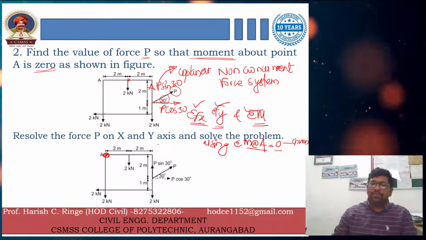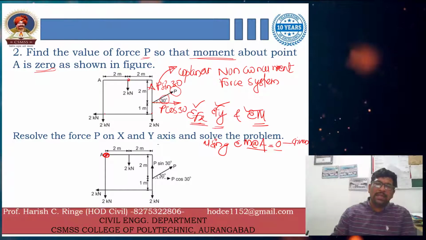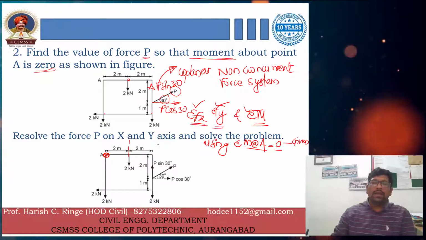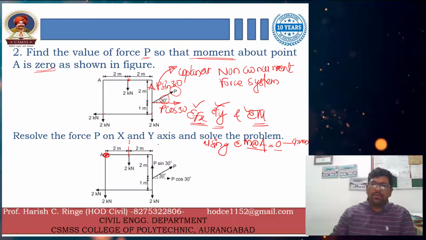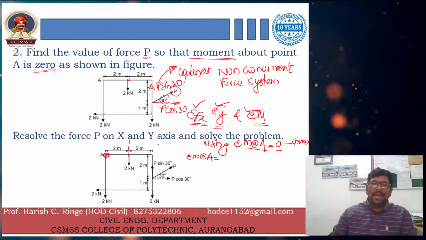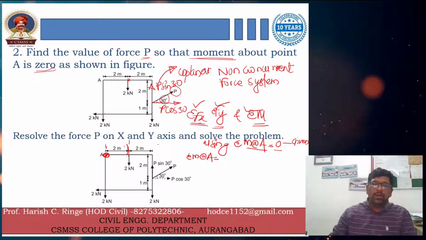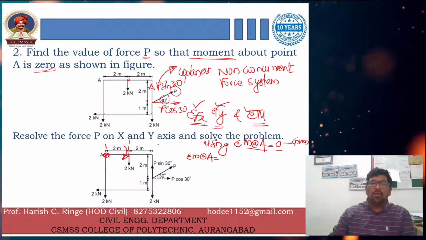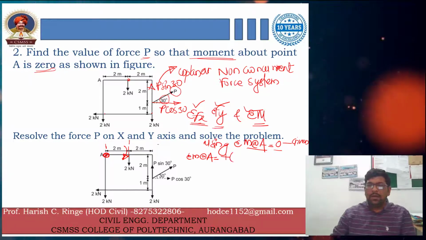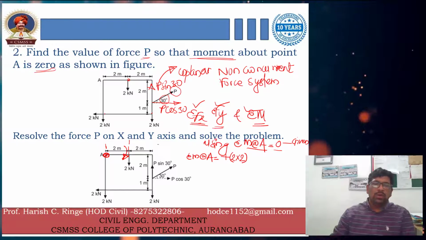Let's just resolve the values as we have resolved before. So just take a particular moment at this location. जैसा हम लोगों ने पीछे देखा था कि जो भी लोड है उस लोड का मोमेंट अगर निकालना है तो force into distance. So यह अगर देखेंगे आप तो 2 into 2 हो जाएगा. So here I will write down the summation of moment at point A is equal to. अभी इसका अगर direction देखेंगे, जैसा मैंने बोला था कि यहाँ पर आपका thumb रखो और यहाँ पर एक finger रख के इसको rotate करो, तो ये rotate करेंगे तो किस side में जाएगी? It is clockwise or anticlockwise? So it is clockwise. So just make a plus sign for this and write 2 into distance. The force is 2 and the distance is 2. So the first load is done.